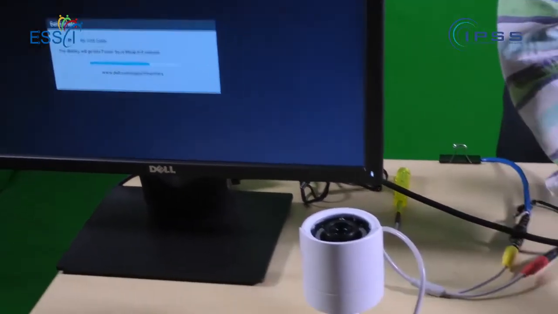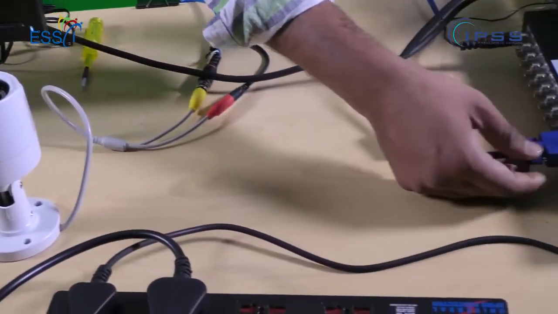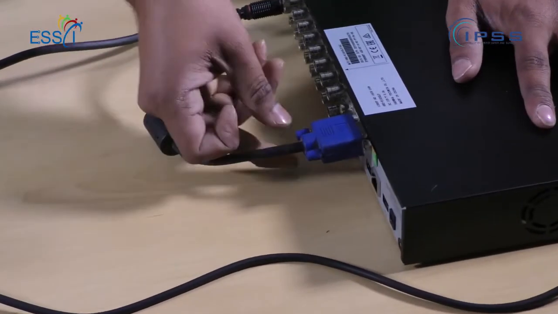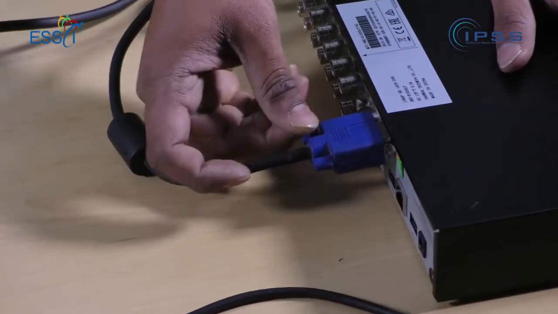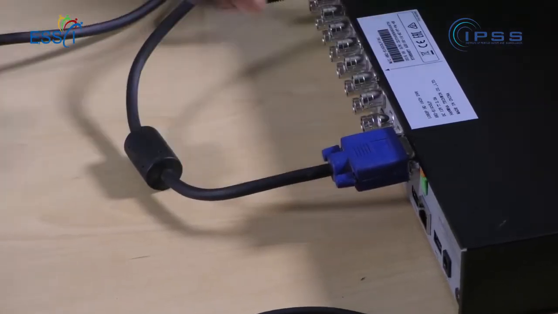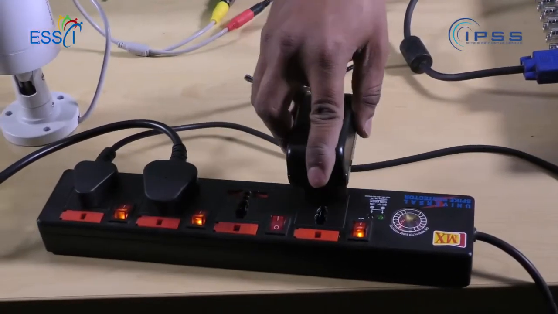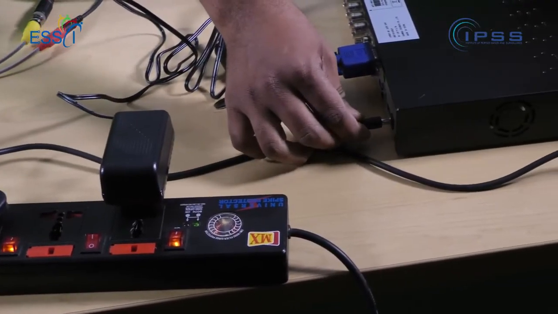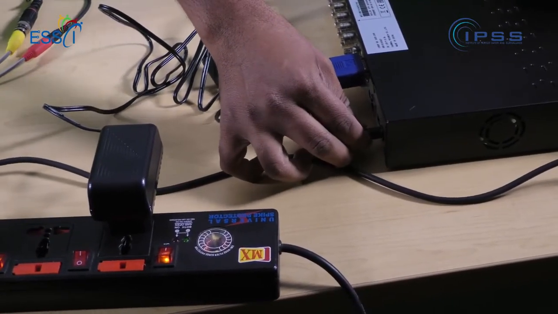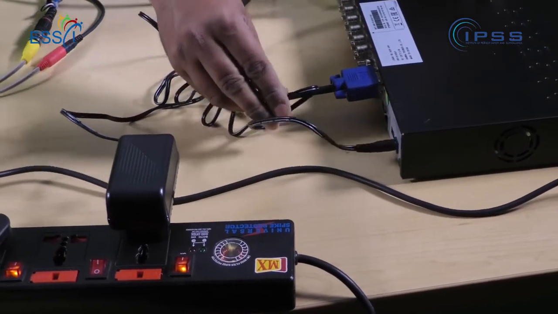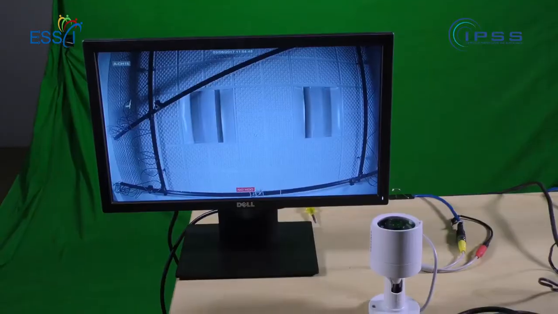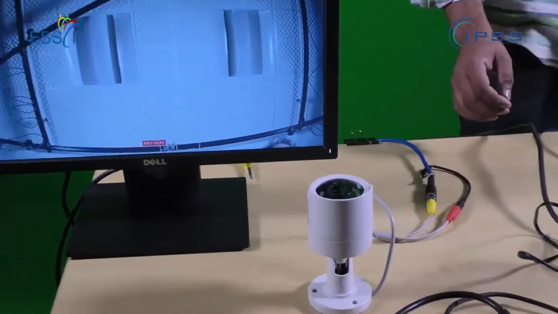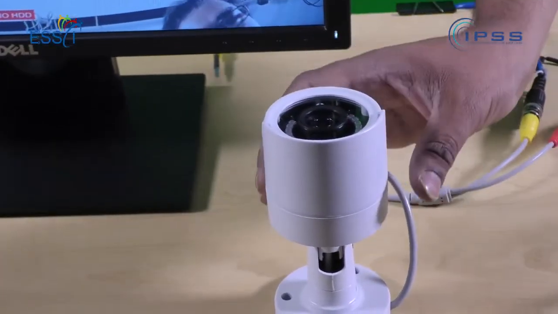Now we connect the monitor to the digital video recorder using a VGA or HDMI cable. The power adapter of the DVR is connected to the DVR. As we can see the output of the camera on the monitor, the products are in working condition and can be installed at the site.